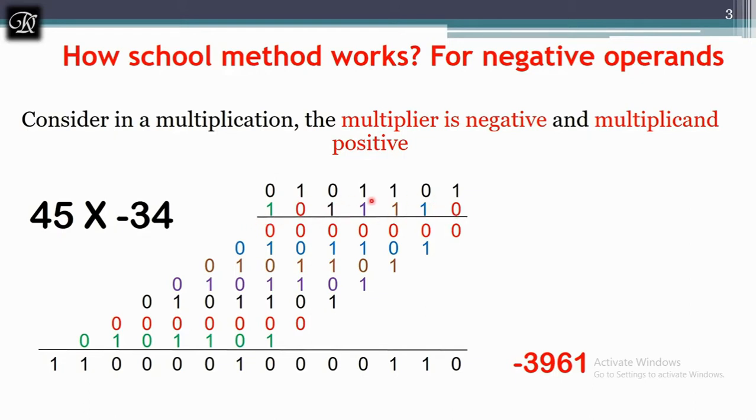And if I start multiplying 45, this is the positive 45, with the negative 34 with our regular school day technique, this is the answer we are going to get. When I multiply 45 with 0, I will get 0, and when I multiply 45 with 1, it is 45. Again, when I multiply 45 with 1, it is 45. When again I multiply 45 with 1, I will get 45. When again I do the same, I will get 45. When I multiply 45 with 0, I get 0, and finally I multiply 45 with 1, I will get this value. And let me add this. In each stage I should get the partial product.